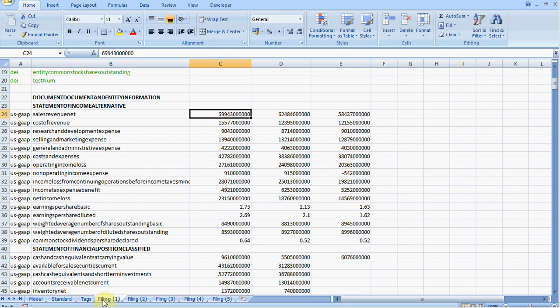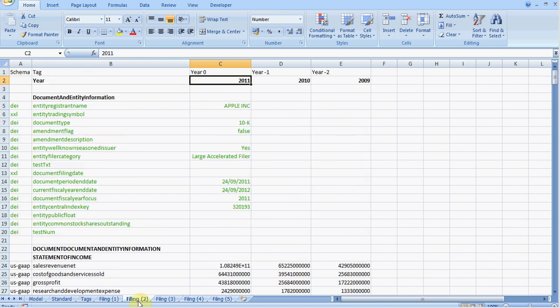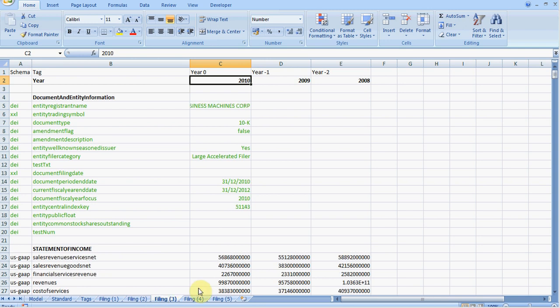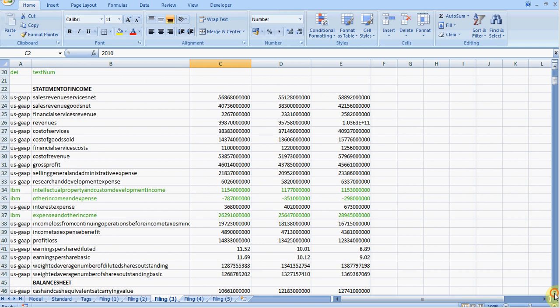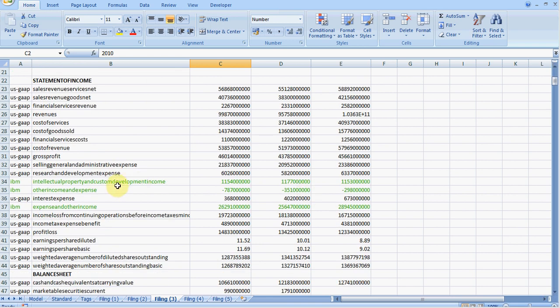Actually, one other thing I will mention before I disappear, and that is the fact that because it's as reported, you also get the chance to see where items are not standard. So if we go to IBM, for example, we can see that it has included 3 items on its income statement which are not using standard tags. These potentially obviously cause a problem when trying to compare data from one company to another,